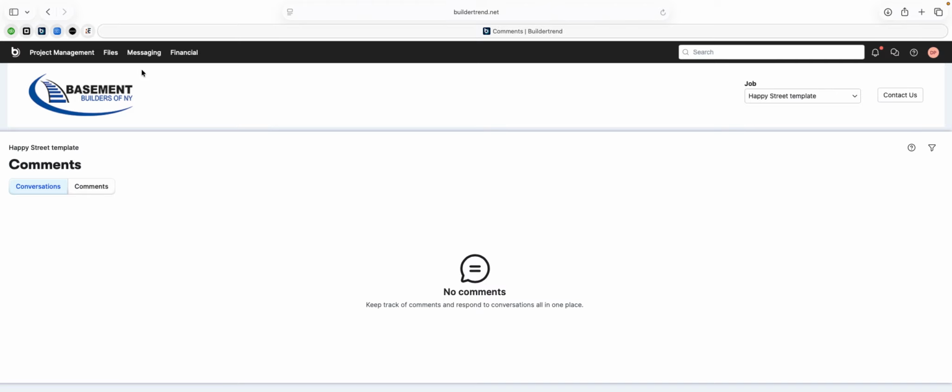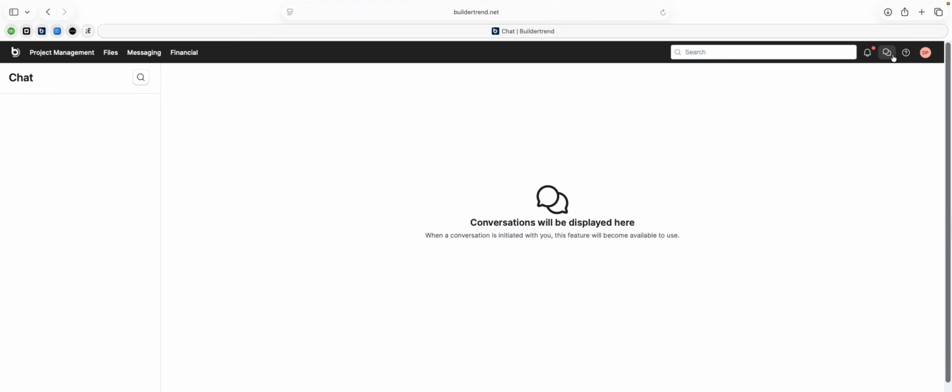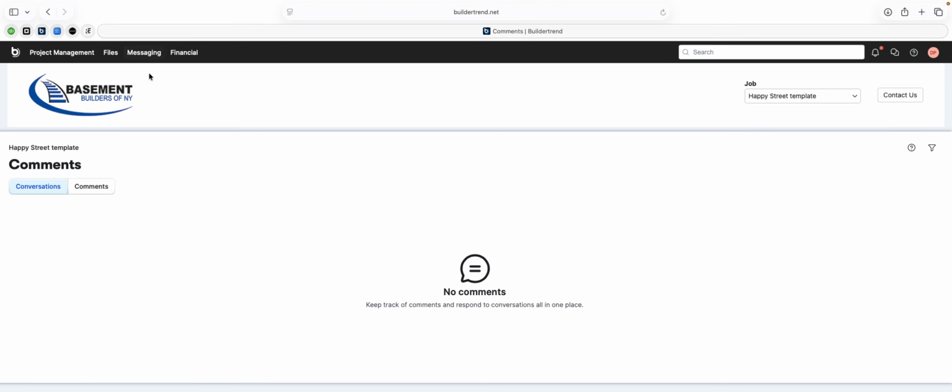The comment button is typically for when you add a selection and you have a comment about that. You can also send a comment, which is pretty much like a message. It's not tied to an email, but that also is a feature. Okay, so I just want to go back to